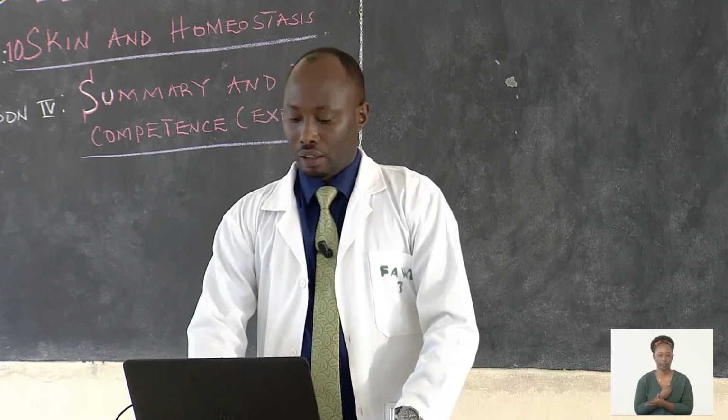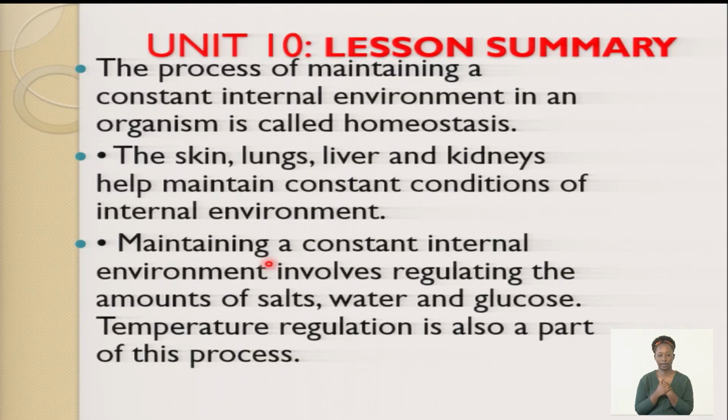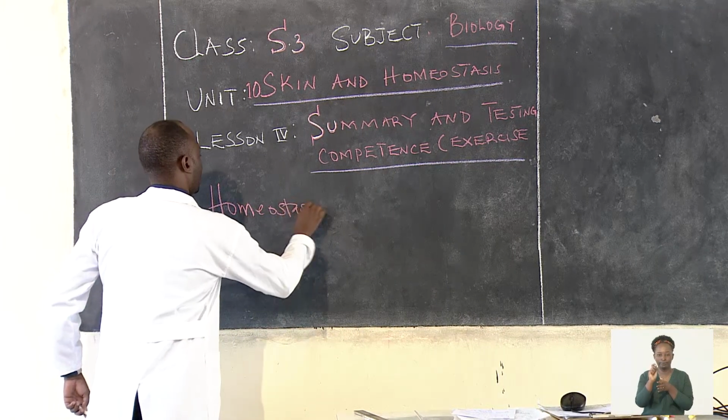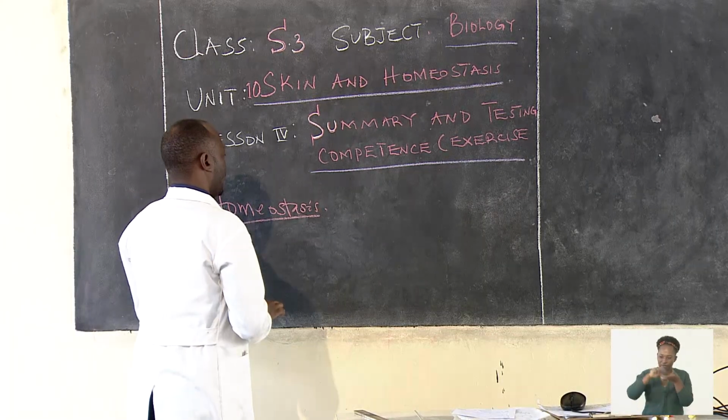So the summary of the unit, the lesson summary. Unit 10, the lesson summary, is concerning skin and homeostasis. I said the process of maintenance of a constant internal environment in an organism is referred to as homeostasis. So let's have the word homeostasis, and we have its definition. What is homeostasis? We said it refers to